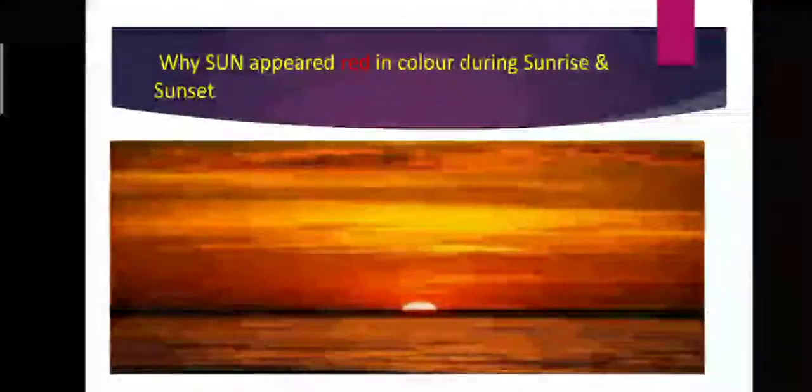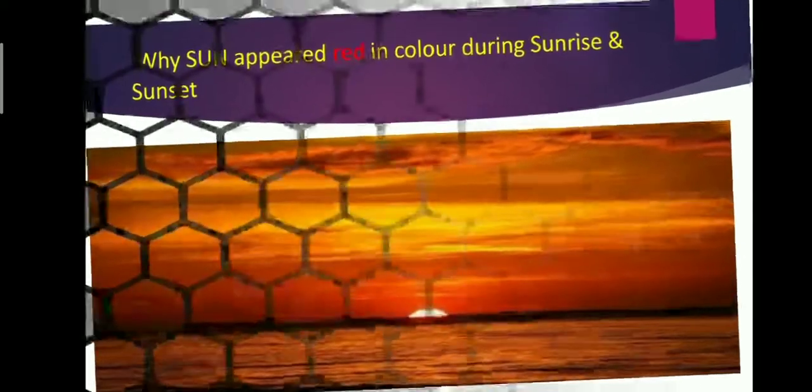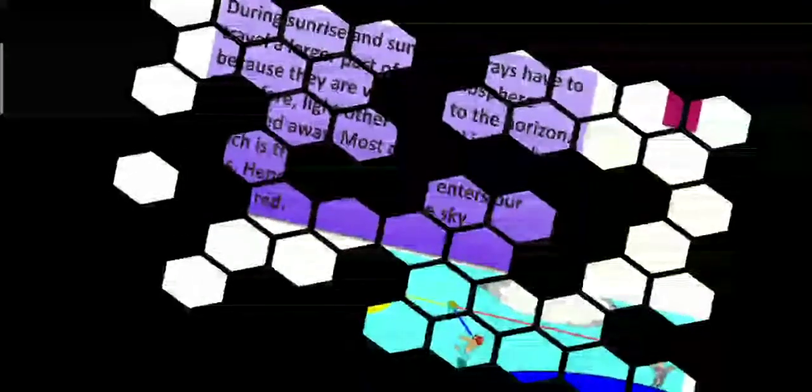Then the next question is, from Rayleigh's law it is quite clear that blue light is going to scatter a lot, and hence the sky color is blue. Then the next important question is, why does the sun appear red in color during sunrise and sunset? Almost all of you have witnessed this in the evening time or during sunrise. When the sun rises, you see that the sky looks reddish or orange or a little bit yellowish in color, not bluish. So what is the reason for this? If you look at this, it seems like Rayleigh's law is failing here, but there is one important reason for this.